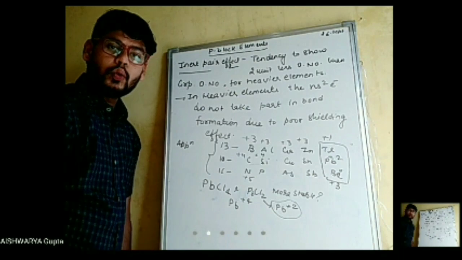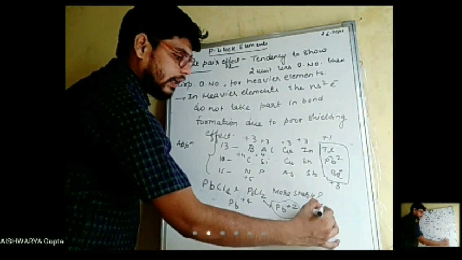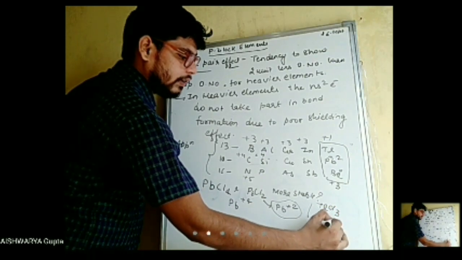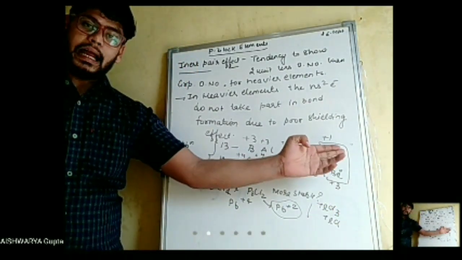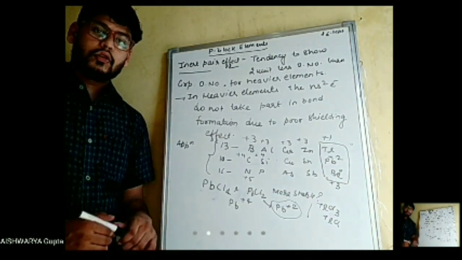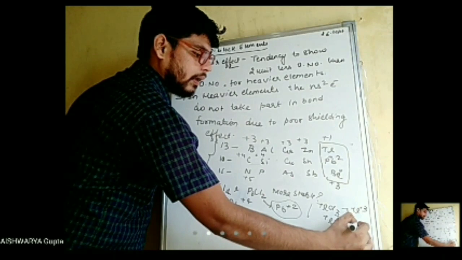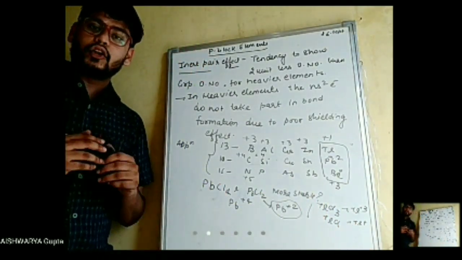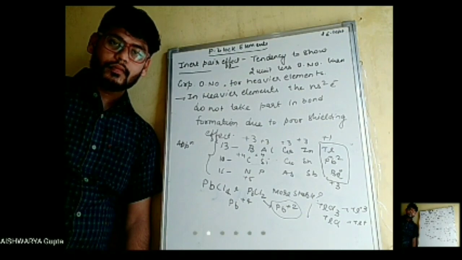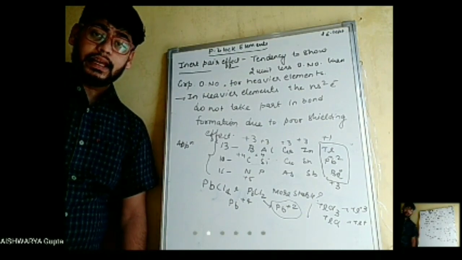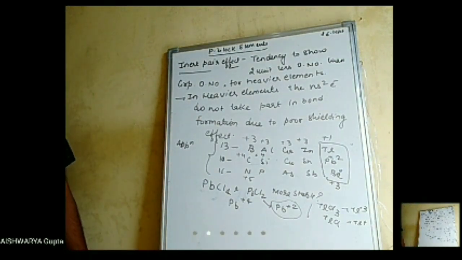That is +2. If I ask in the case of TlCl3 as well as TlCl, which one will be more stable? Thallium trichloride and thallium chloride. In this, thallium is in +3. Here thallium is in +1. So in the case of thallium, the +1 oxidation number will be more stable. Is it clear? Getting my point or not, Class 11B?